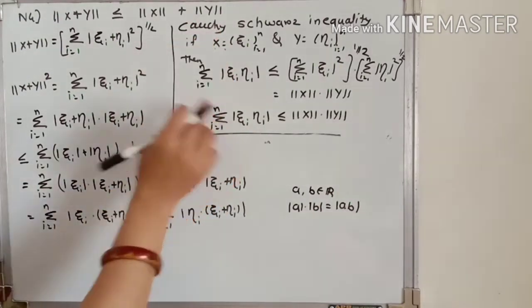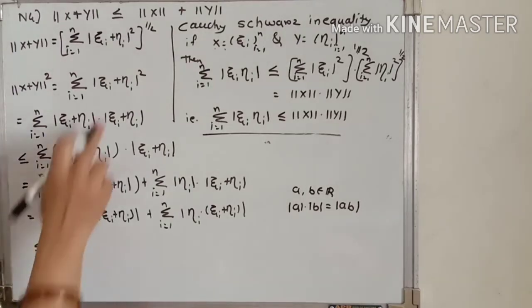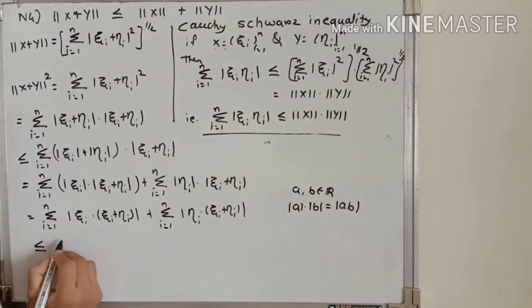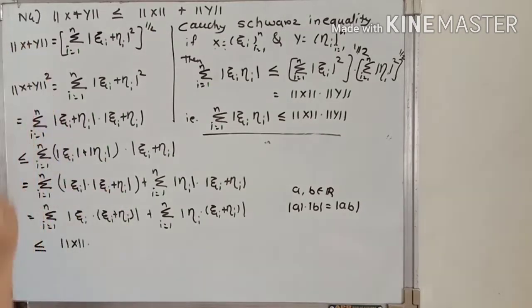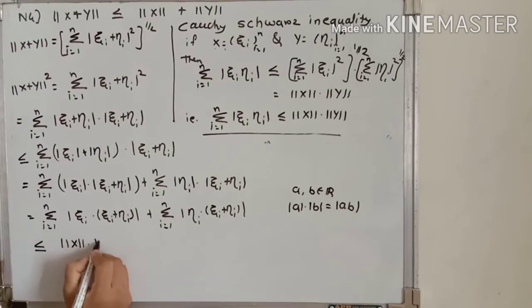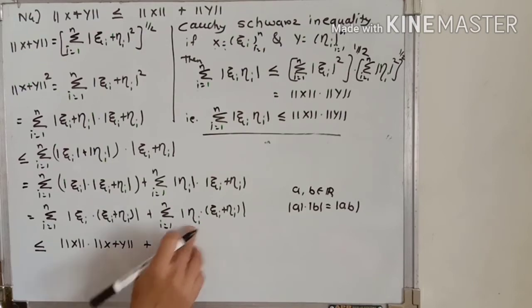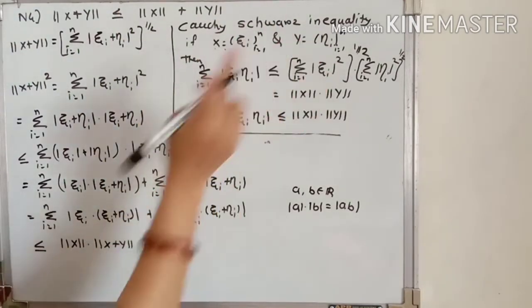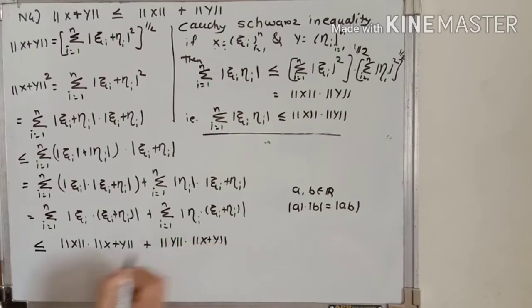Now in the same way, applying the Cauchy-Schwarz inequality, we get that this is less than or equal to, now this ξi is for our x, so we write norm of x into, now ξi plus ηi are the coordinates of x plus y, therefore norm of x plus y, plus, now ηi are the coordinates of y, therefore we write norm of y into norm of x plus y. That is, we get